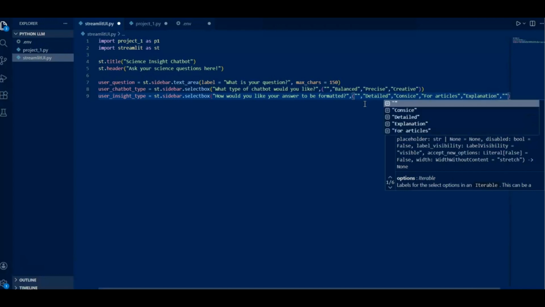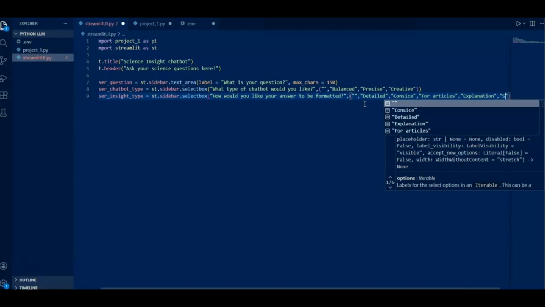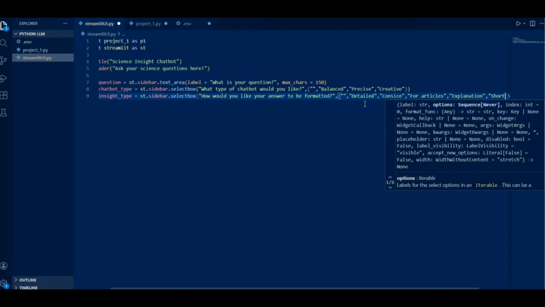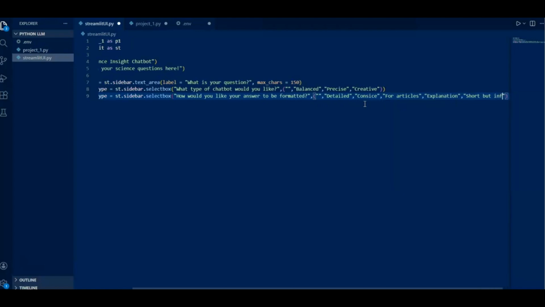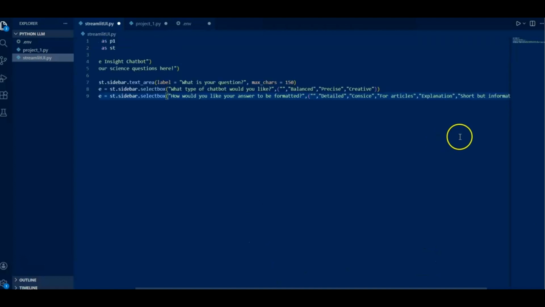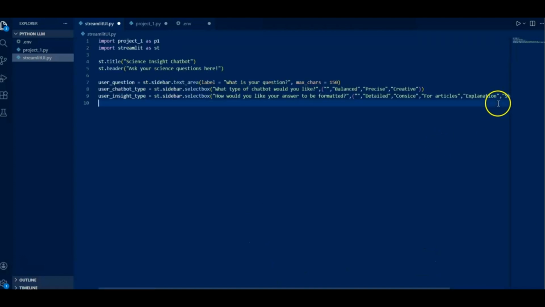And then I'm going to say maybe short but informational, and etc. etc. You can type in as much as you want. So then, next, what I'm going to do, I'm going to do an if condition, and I'm going to say